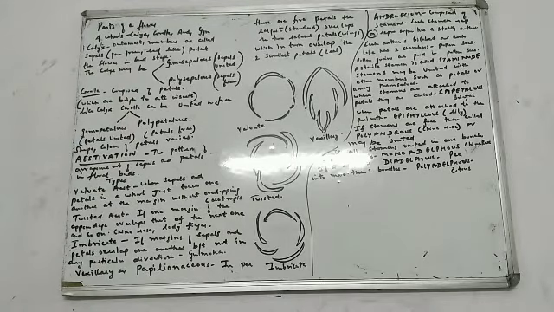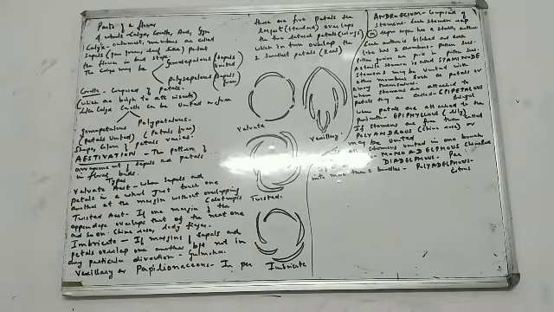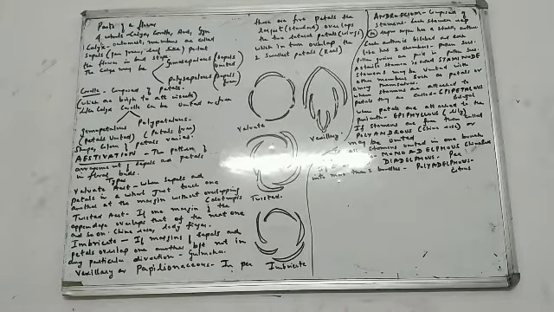If they are attached to the perianth, then they are known as epiphylous. And if stamens are free, then they are known as polyandrous. If all the stamens unite in one bundle, then it is monoadelphous arrangement. If they unite and form two bundles, then diadelphous arrangement. And if it is more than two, then it is polyadelphous arrangement. That's all about calyx, corolla